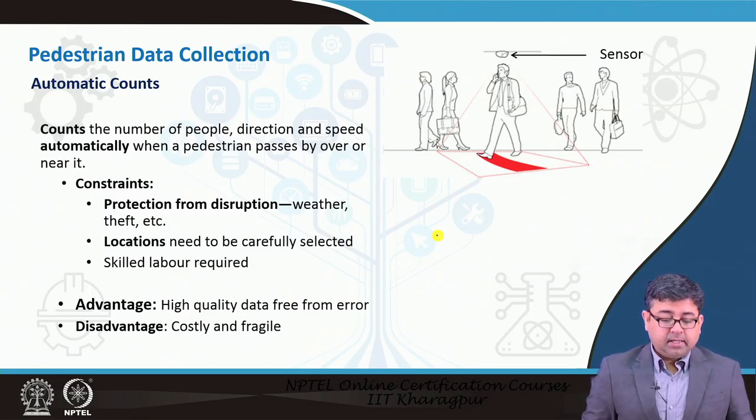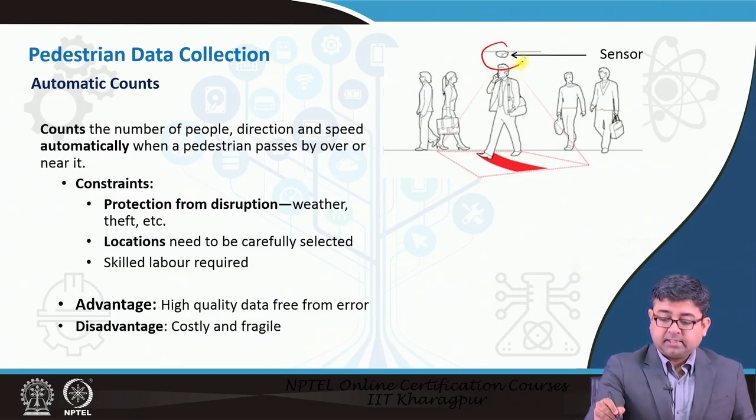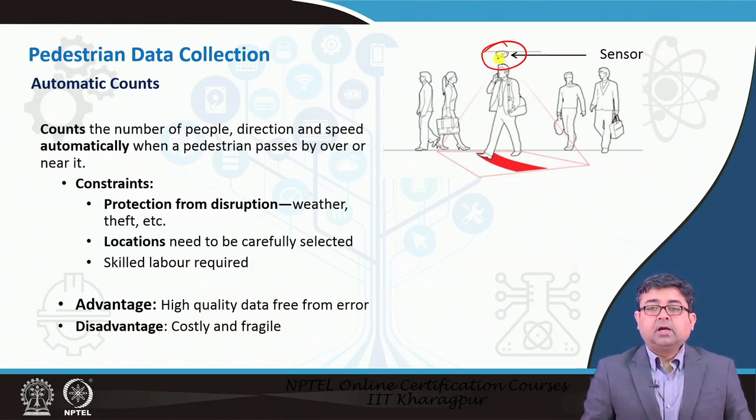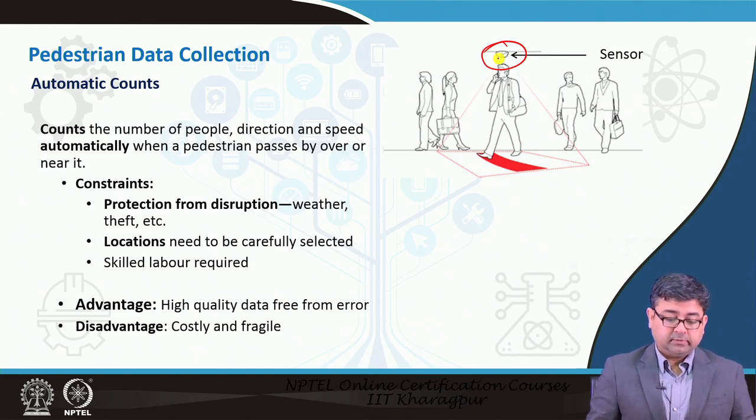There can also be sensors that can be put on some kind of structure above a sidewalk or above a gate. You will see a lot of automatic doors nowadays present in different facilities. They will have sensors on top, so that when somebody walks in and out of a facility through that gate, they get recorded. So, you can count the number of people that are coming in and out of a facility, and so forth.